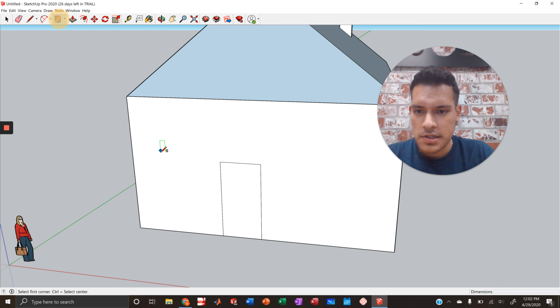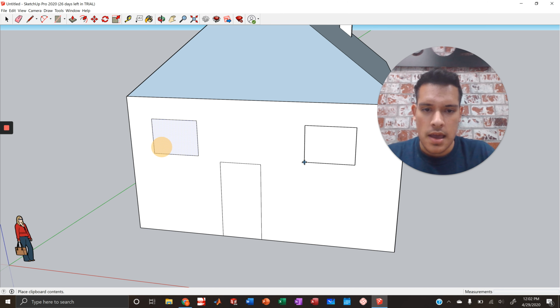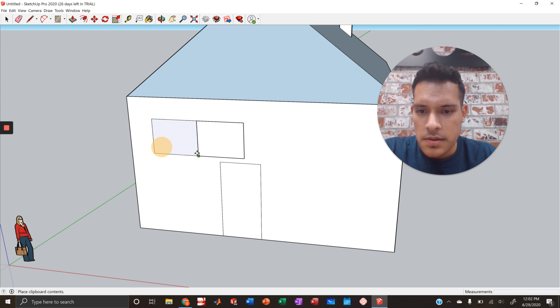Window here, for example. I'll show you guys what's up. Window right here, and then I click the select. Once it's selected that way, it has some grid on it. You want to Control C, copy, and then Control V, which is paste, and you can put it wherever you want. So now, if you align it with the one you just made, you can easily just go onto the